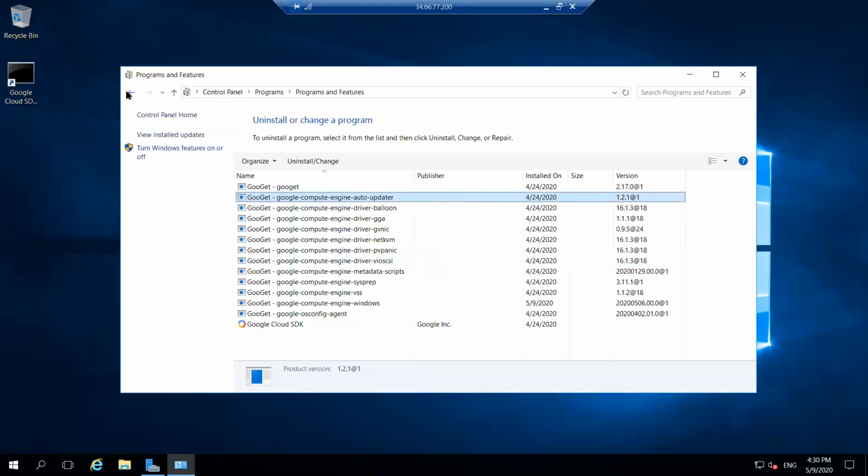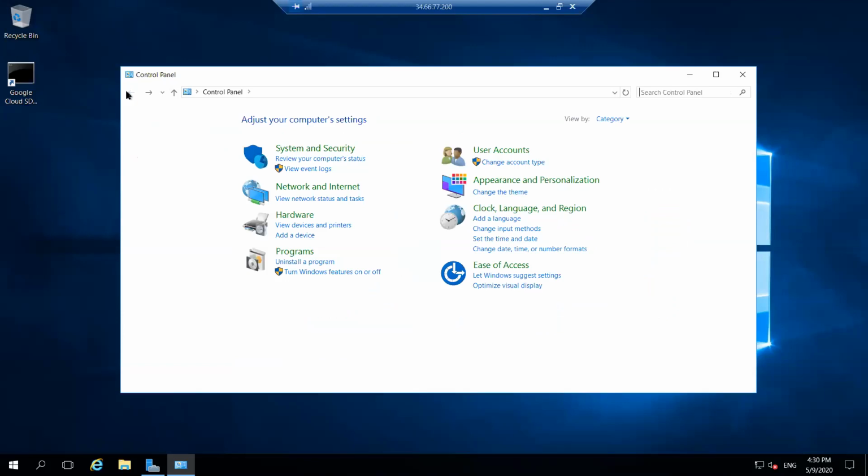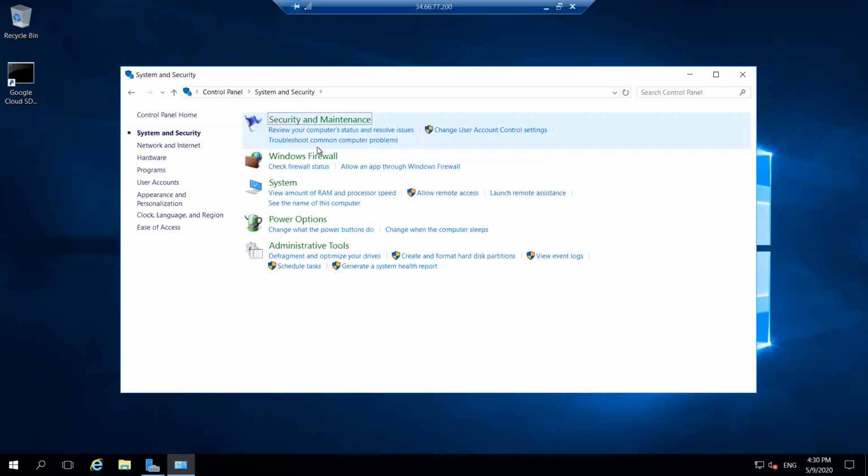So today we will not go for install or uninstall program, or hardware or network and internet issues. We will go for system and security. In the system and security tab, there are many other tabs on our left hand side.